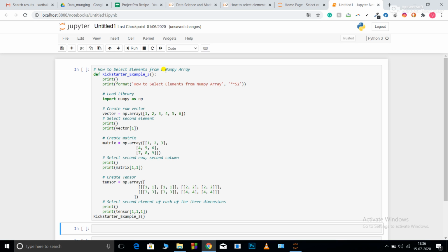A NumPy array is similar to arrays as we have seen in C and C++, but the advantage is it is much faster. The computation as compared to normal arrays is much faster in a NumPy array. So now let's try to understand what these terms are that I have used: vector, matrix and tensor. A vector is a simple 1D array. So np dot, you can see it is a simple 1D array. Now a matrix is a 2D array. So you can see this is a 2D array having rows and columns.